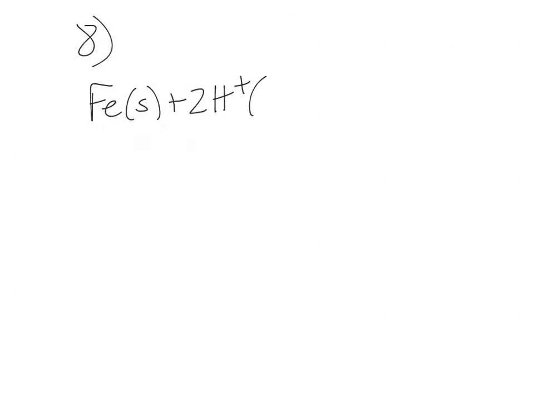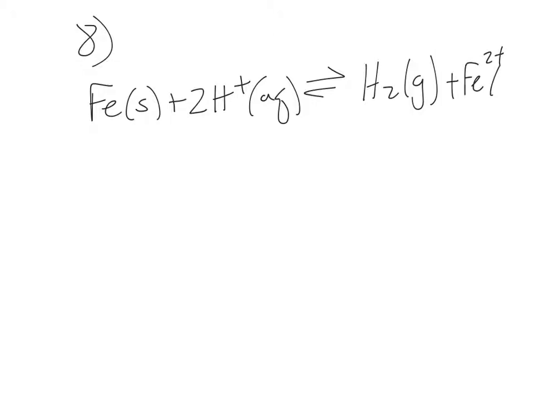Okay, let's jump to number 8. So number 8, it says, write the equilibrium expression for each of the following, and I'm going to emphasize this, so I'm going to write the problem. Iron solid plus 2H plus aqueous is in equilibrium with H2 gas plus Fe2 plus,